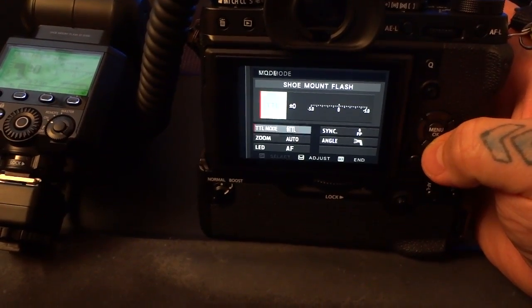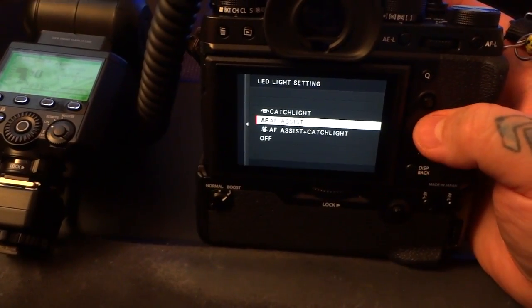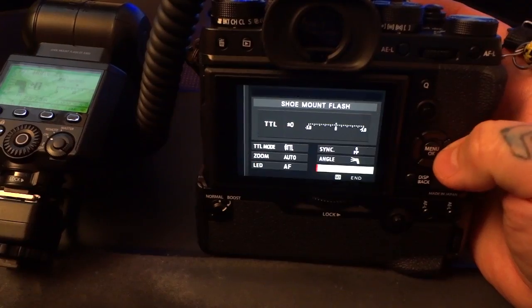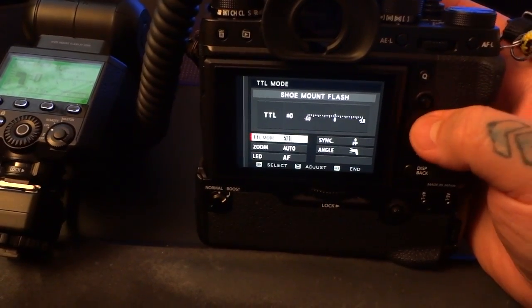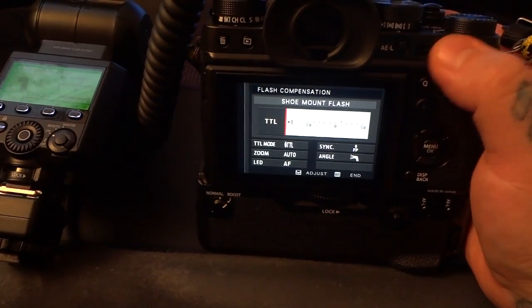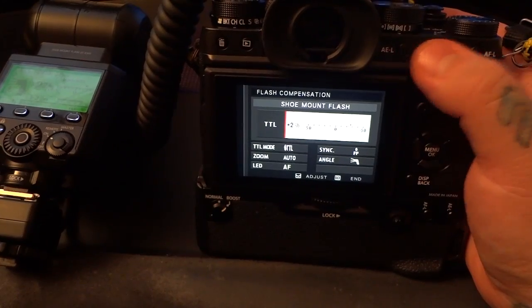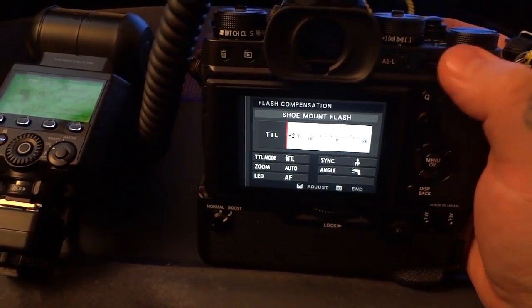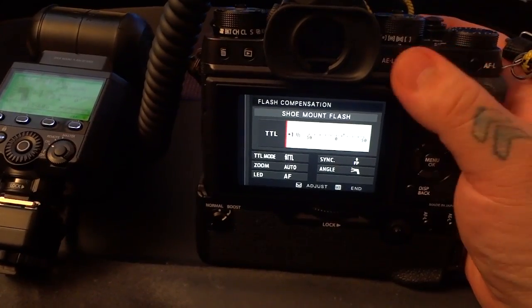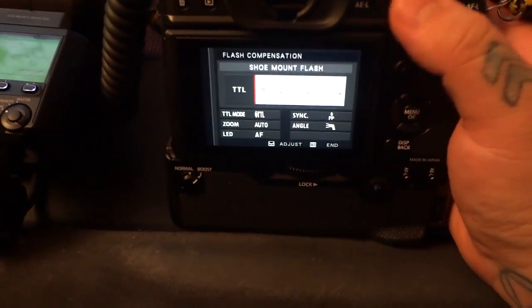Very, very simple. I have my LED set for autofocus assist, which is where I want it. Right now I'm in high-speed sync, correct angle, TTL flash photography with no compensation set. Like I said, you can do a +5 or -5 in 1/3 stop intervals. So that's really wonderful. I have 5 stops of exposure compensation. Like I said, I can set this either on the Speedlight or on the back of